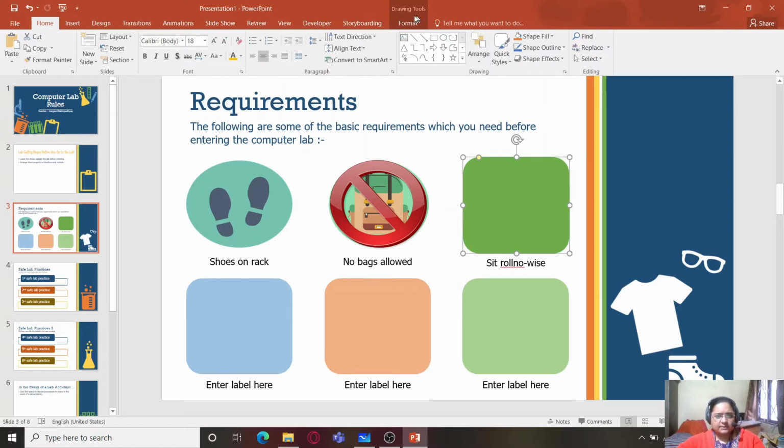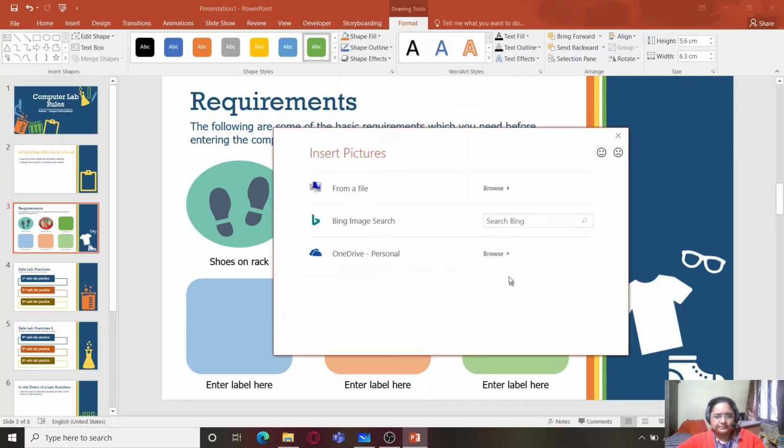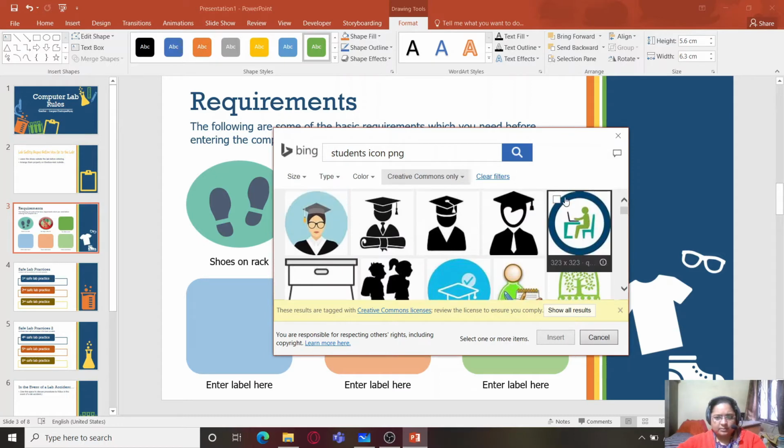Sit roll number wise. For this also I will be selecting something. I'll go to picture, students icon PNG. So for sitting roll number wise, I can select this option over here.